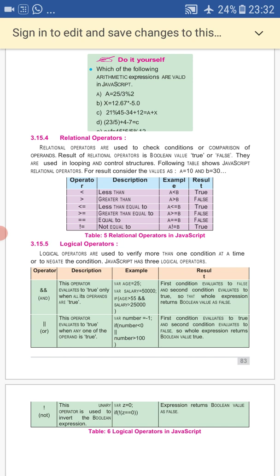Less than or equal to. So if I want to check 6 is less than or equal to 6, 6 is less than or equal to 6 means 6 is equal to 6. It means the condition is true. So in both cases we have two categories, less than or equal to, and greater than or equal to. But students, there is a difference between normal less than and less than or equal to.